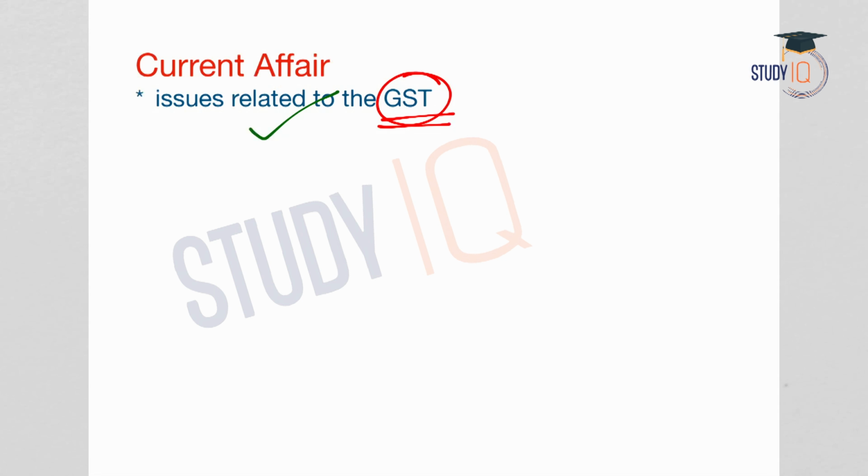We will see what cooperative federalism is. We will also discuss the concerns related to cooperative federalism in India. Some of the famous judgments of the Supreme Court will be discussed, and also we will see what the issues with cooperative federalism in taxation are and what the solutions are.